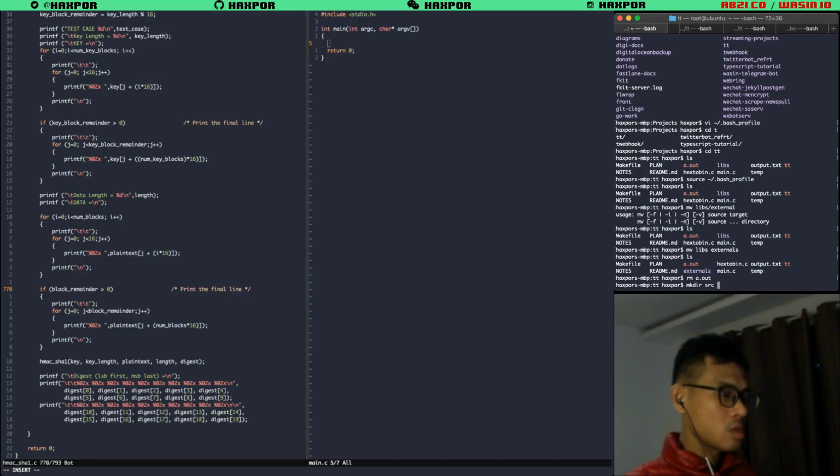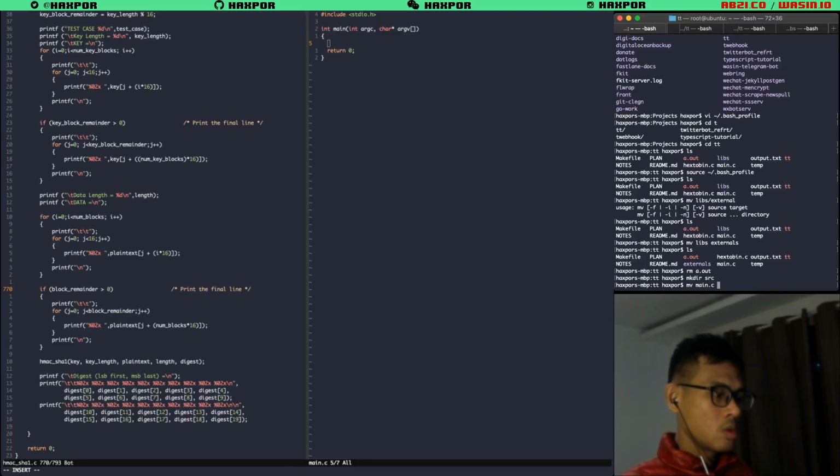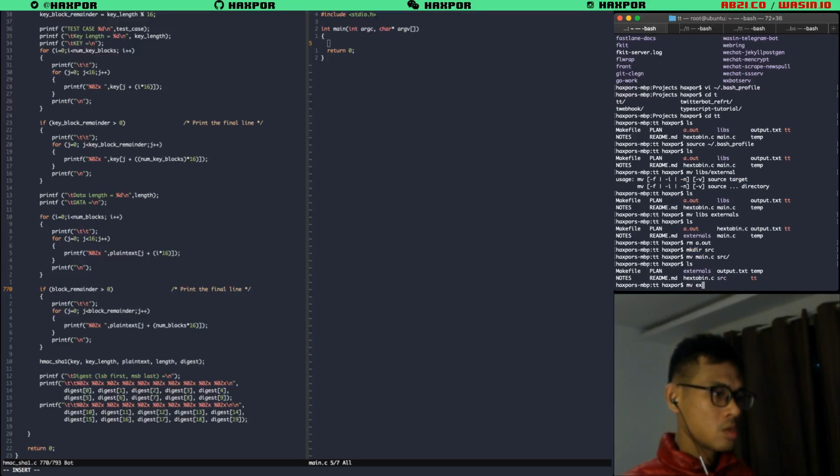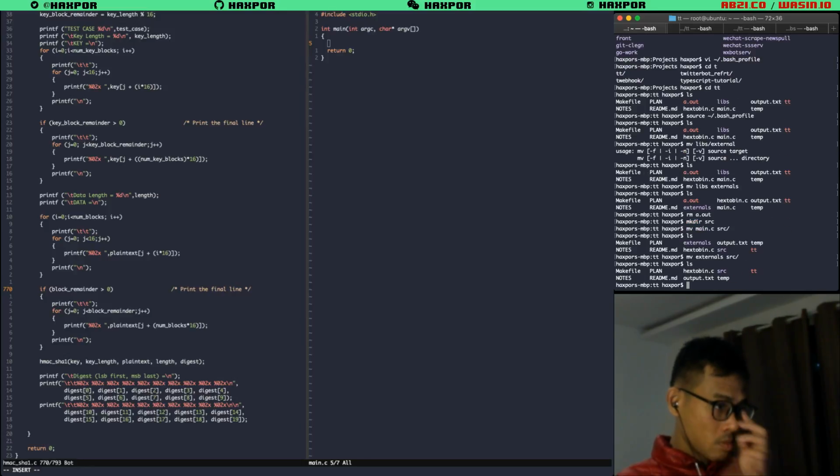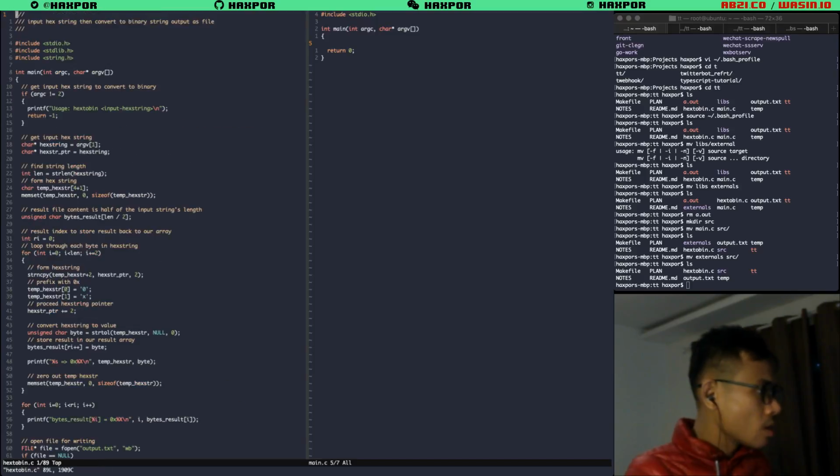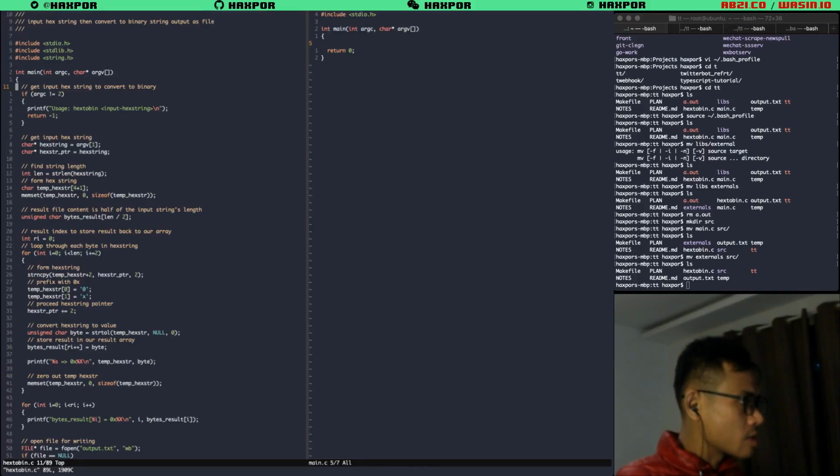I'm gonna change things. I think we should create a source in the source folder, and external into the source as well. Yeah, should be better. And the hex to bin is just a testing file that I did. Hex to bin. Yeah, this is part of the process that